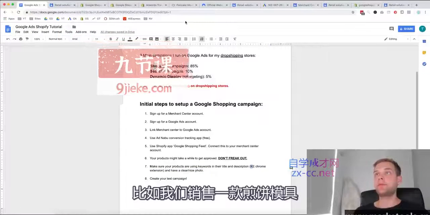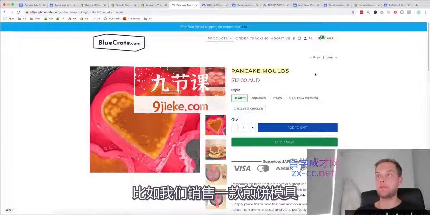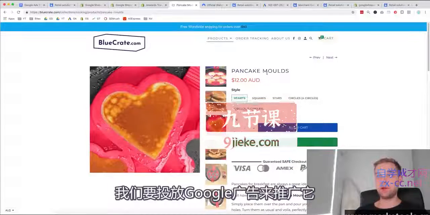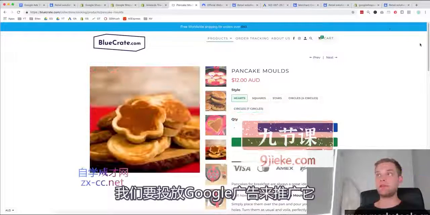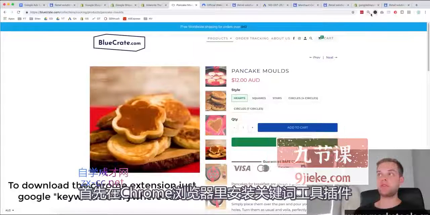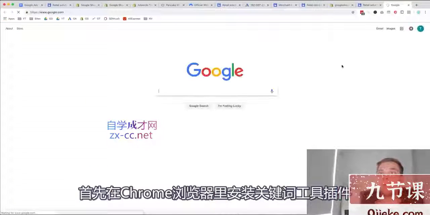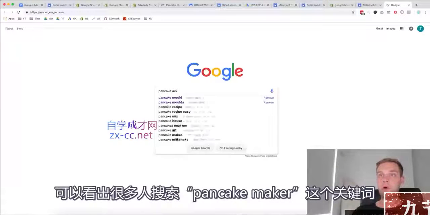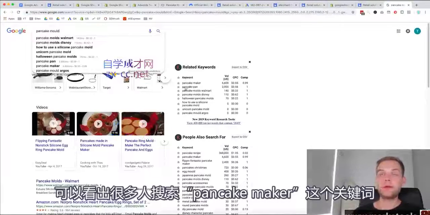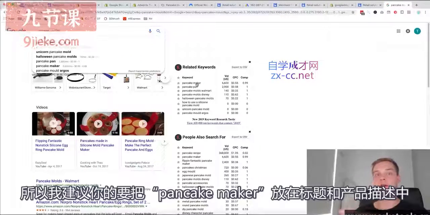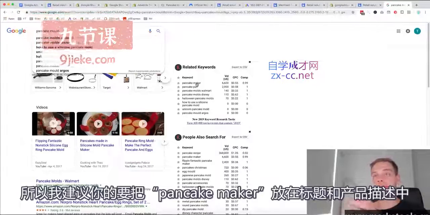So say we have a pancake mold, right? This pancake mold on our store, and we're about to run Google Ads for it. What we want to do is install the Keywords Everywhere Chrome extension tool here. And then now if we Google pancake mold, we can see a similar search term to pancake mold is pancake maker. So I'd suggest to even put pancake maker in the title as well, or put pancake maker in the description